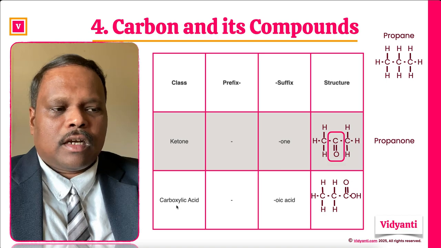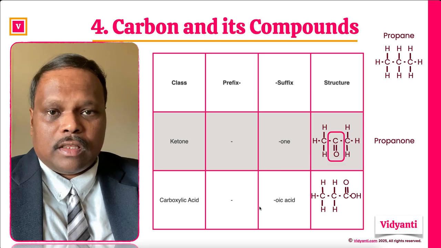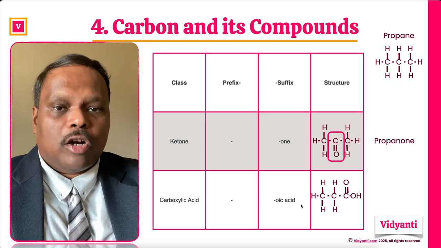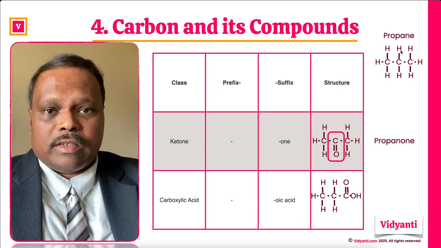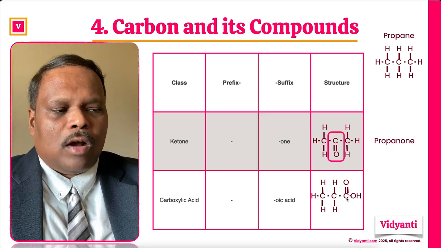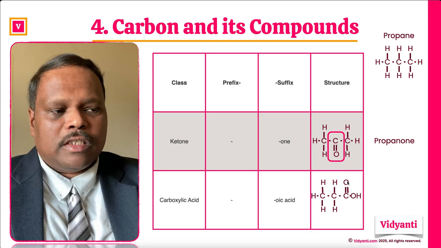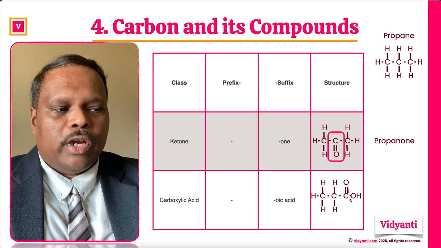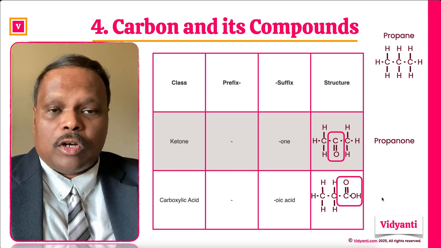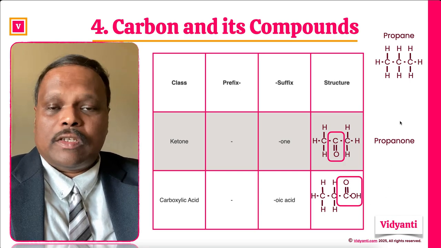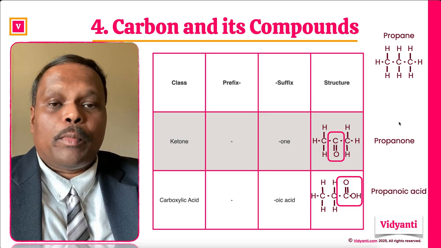Carboxylic acid. For carboxylic acid, the prefix is nothing. The suffix is "oic acid", indicating that it's a carboxylic acid. Let's repeat the same exercise. We start from propane, and now the defining structure is C double bond O and then OH. That COOH is the typical characteristic of carboxylic acid, and it is the carboxylic acid of propane, so this is propanoic